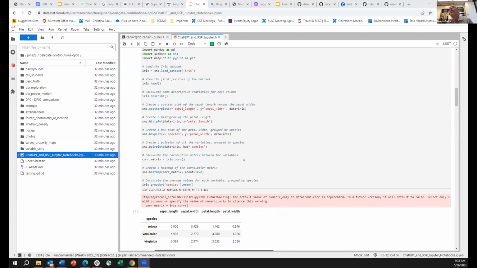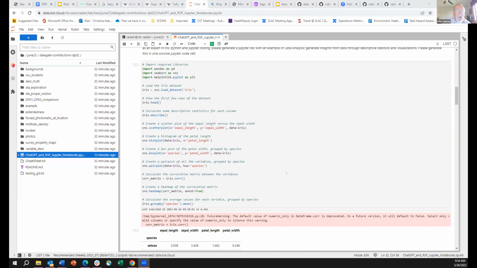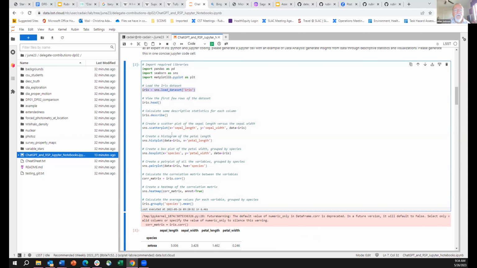Tina, can you show yours again quickly? Maybe Alan can see where the differences are in the coding. She's got a lot more imports there. She's got Seaborn that's gone in. She's got Matplotlib. I don't recall if I got that in. And the big key statement is loading the Iris data set, from Seaborn as SNS. It imported the Iris database. That was a key missing part in mine.